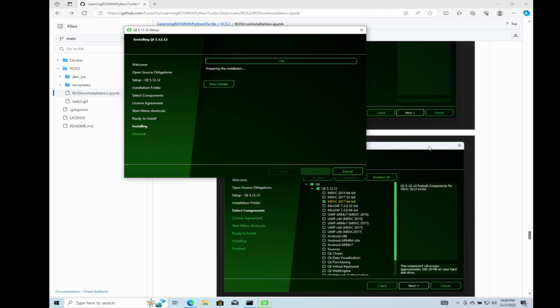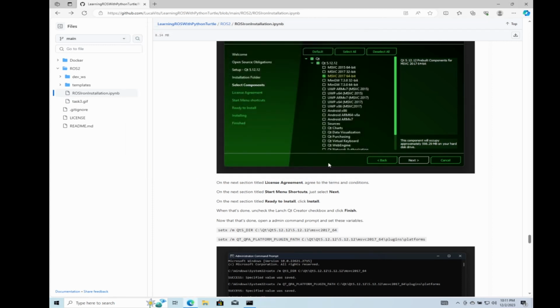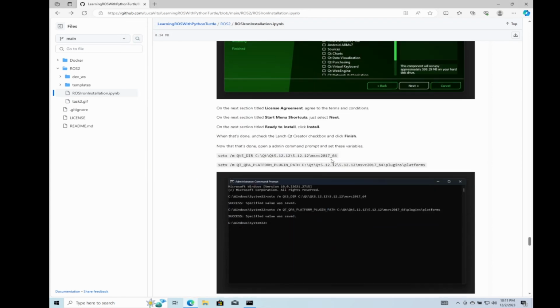This is going to take a while. It's a long install, probably about 5 gigabytes, I'd say. But just go ahead and wait. All right, and now you can see that Qt is finished installing. Go ahead and deselect to launch the Qt Creator. There's no need. And once that's done,